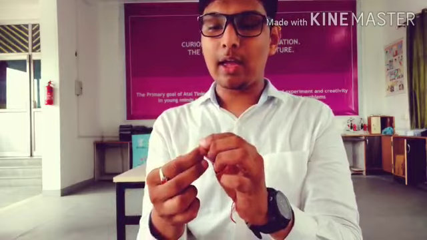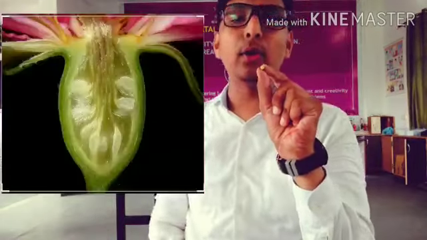Now we will take the longitudinal section and we can see the ovules present in it. Now I have taken the longitudinal section. You can see in this diagram how it looks, and it contains a number of ovules. After the fertilization, as I have told you, the male and female gametes will fuse. After the fertilization, what will happen? The ovary will develop into a fruit and the ovules will develop into a seed.